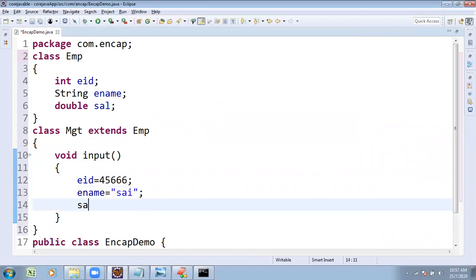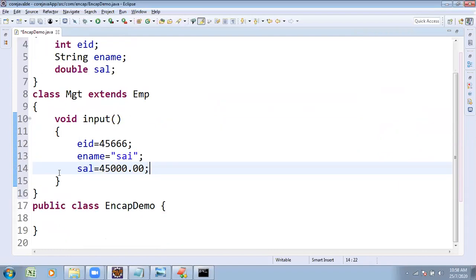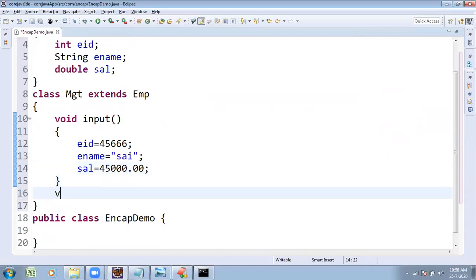Employee salary. Salary is equal to something. But till now I have not declared any type. I declare it as a default type, so the subclass can access it. So similarly,